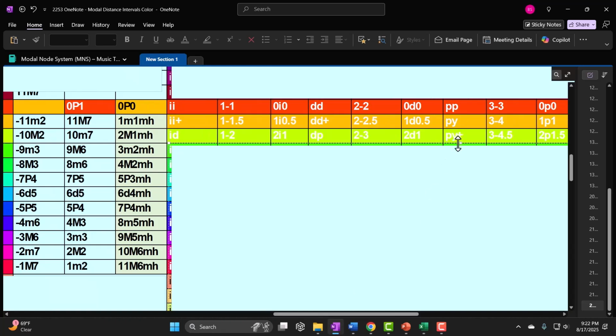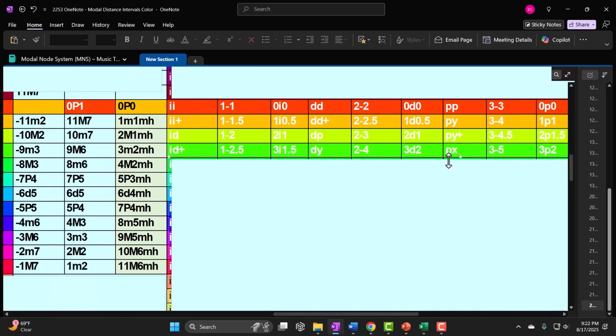So let's go up to the next one. If we go 3 up and we measure them, these are all going to be lime for our color, standing for 3 half steps. But if we go from the Ionian and we go 3 up, it's going to land us in the ocean. It's going to be an Ionian to the D plus or the Dorian Ocean, 1 to the 2.5 modal range, meaning we're going 3 notes up from the Ionian, which is 1.5 modal half steps up, which lands us in